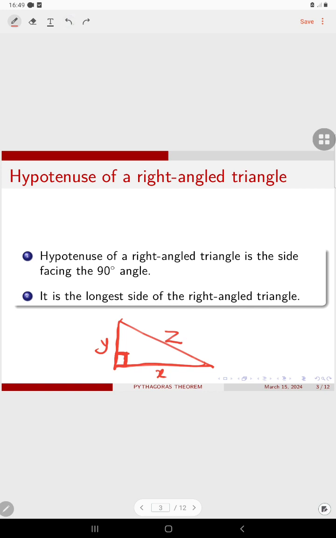All right. And when you know all the three sides of the triangle, it is always the hypotenuse which is the longest side. So take note of that. The hypotenuse of a right angle triangle is the side which is facing the 90 degree angle, and it is the longest side. Now,